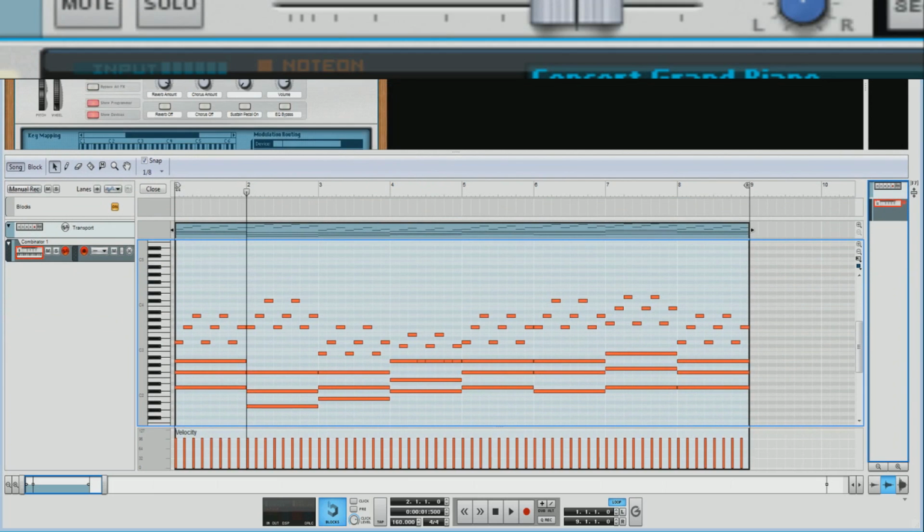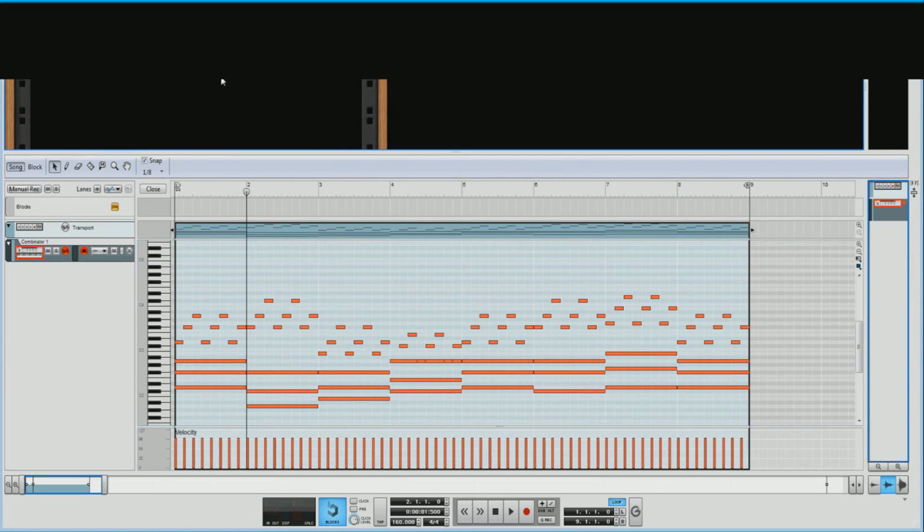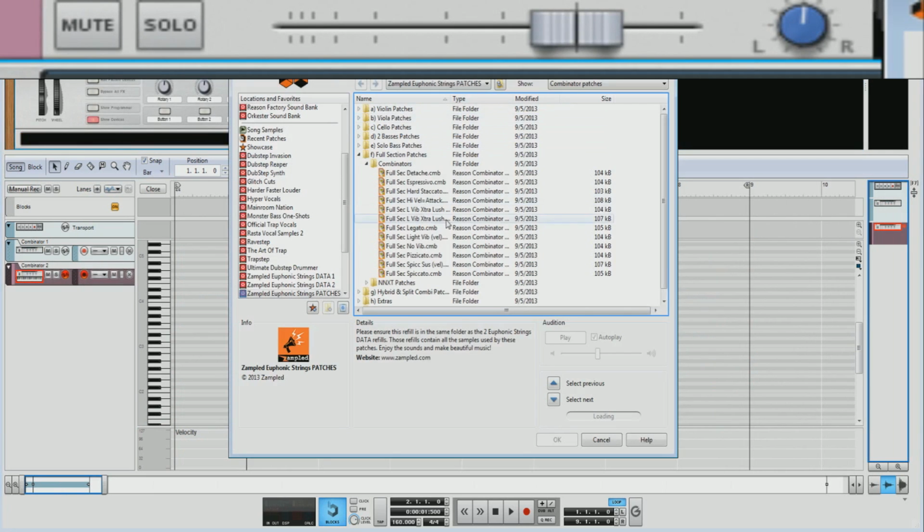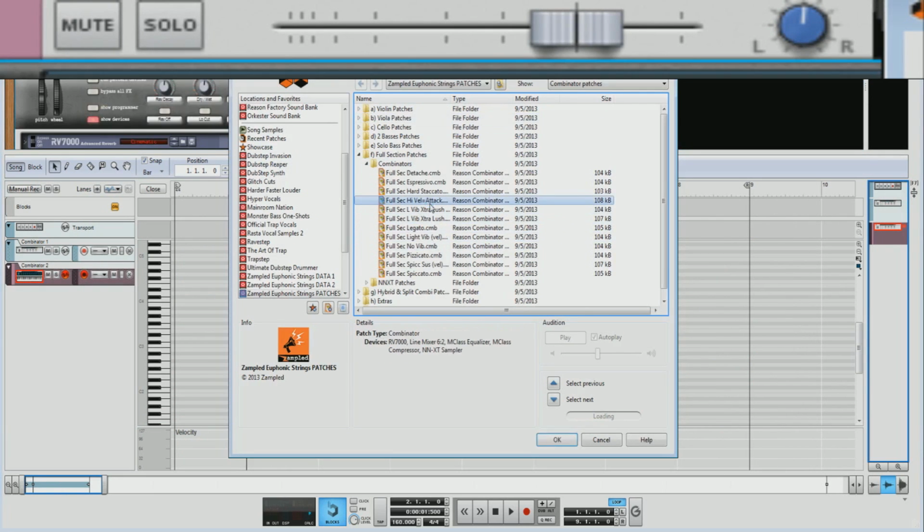So, yeah, say goodbye to the keyboard. I thought I was so clever doing that because I didn't have a camera to actually show you my hands playing the keys. So I'm going to cheat a little bit here, and I'm just going to load up a strings patch because